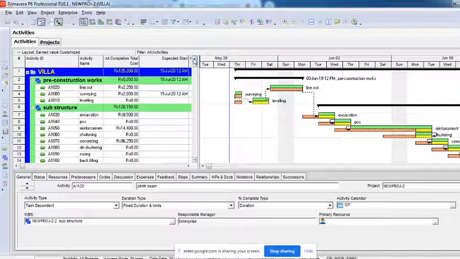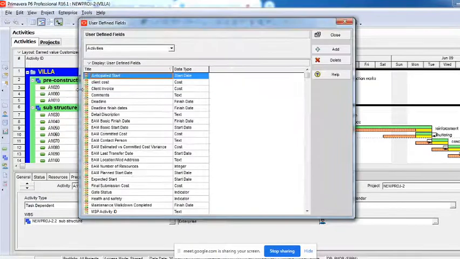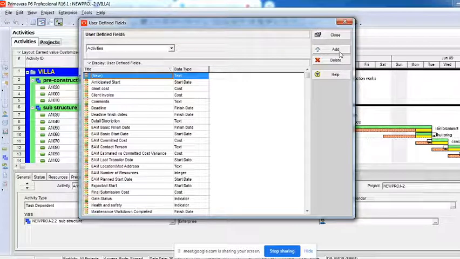Something else I would like to show you. There is something called at completion cost. Let us do it on something on this. I'll go to an option called user defined fields. I'll merge both the options and tell you something. At completion cost, right? I'll add something here into this activity page. I'll say it as